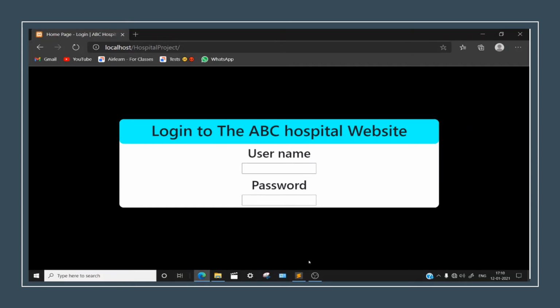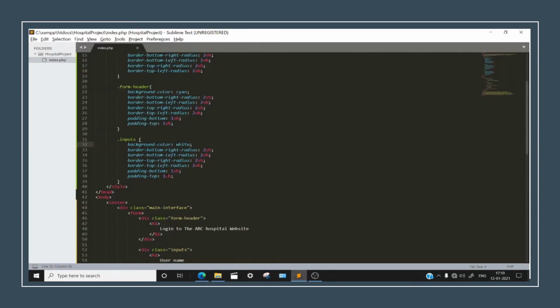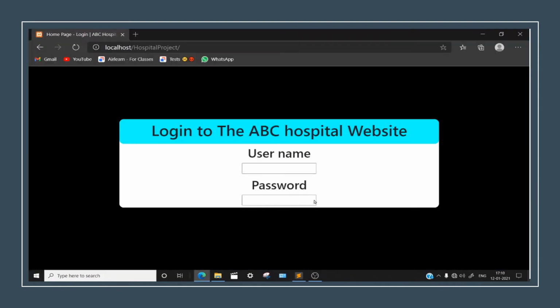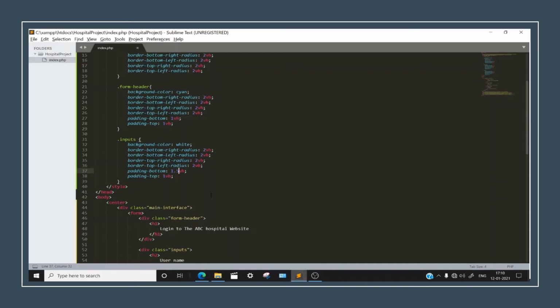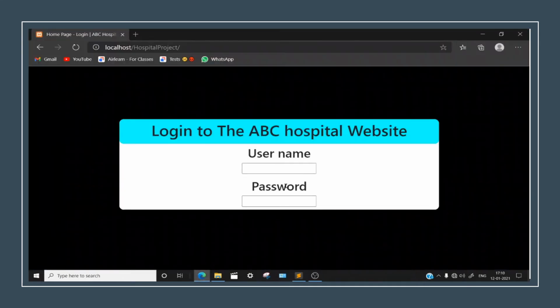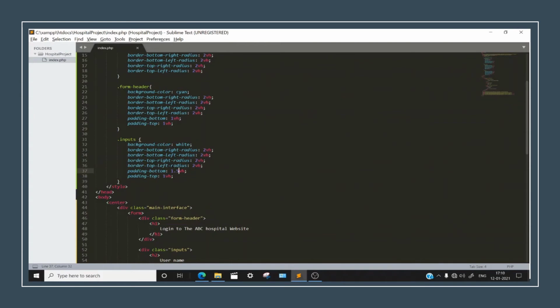I guess it's looking nice. Okay. So this padding bottom should be changed a little because here at the bottom it's really bad, it's looking bad. Now you can see that as I increase the space between this input tag and this place, it is also differing. Alright. I don't want this.